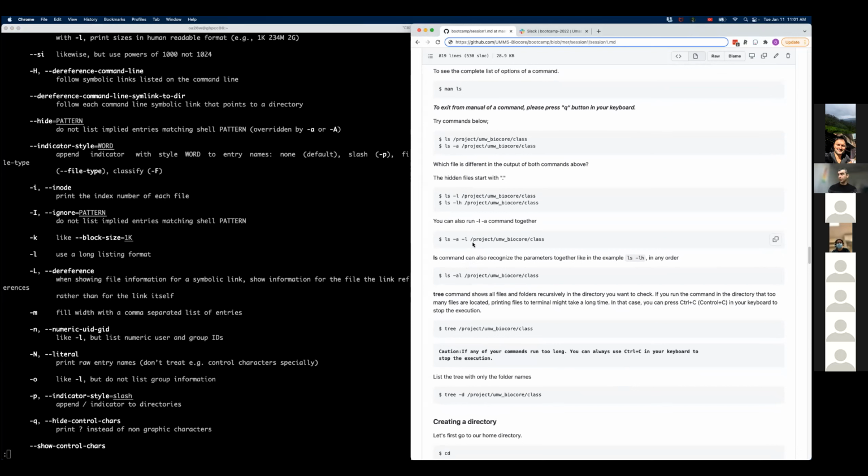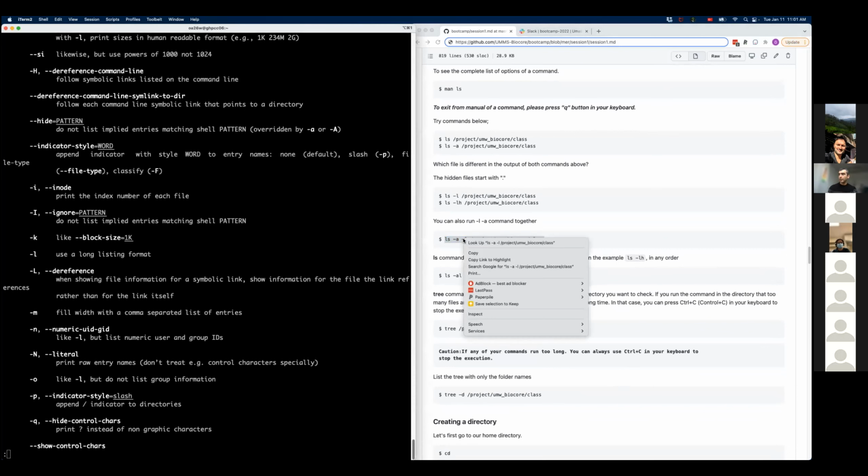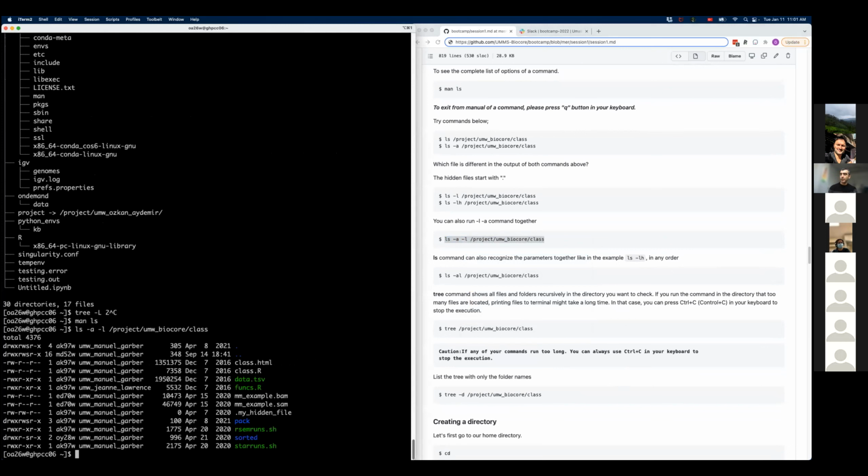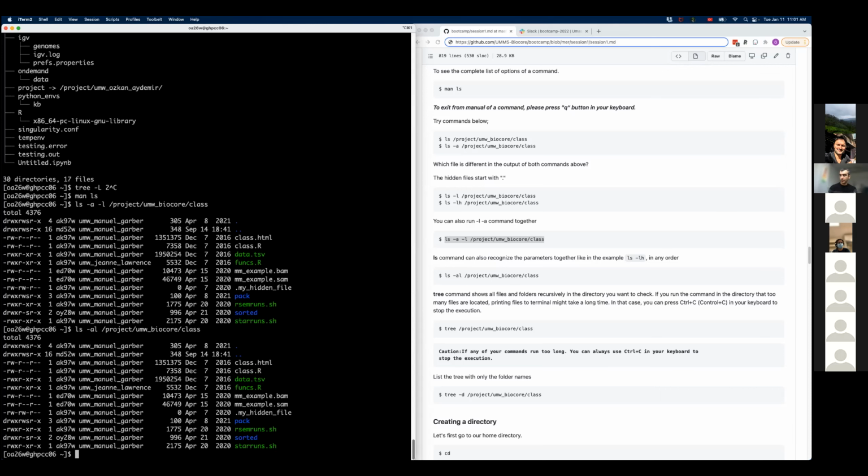They should all turn out the same result. So, copy this. And I use my up arrow, left arrow to navigate, and delete these, and just do -al, gives us the same thing.